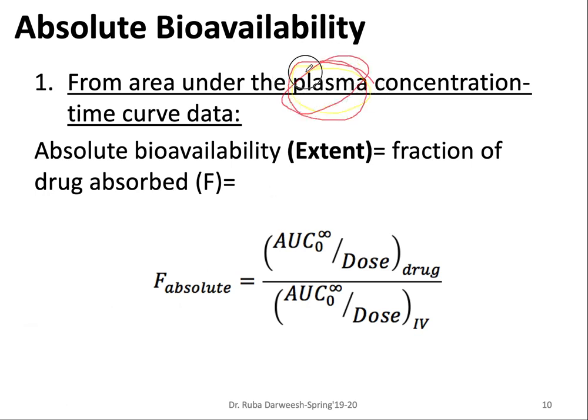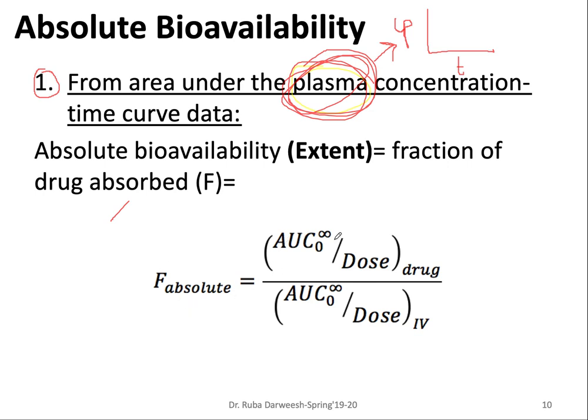So using the plasma data to determine the absolute bioavailability, we are using area under the curve. So we either use the plasma data or we use urine data. So starting with the plasma data, because it depends on concentration in the plasma versus time, whether you are talking about extravascular or intravascular. Okay, we are using this profile on rectilinear to determine the area under the curve. So to determine absolute bioavailability as extent, or from the fraction of the drug absorbed reaching the systemic circulation,